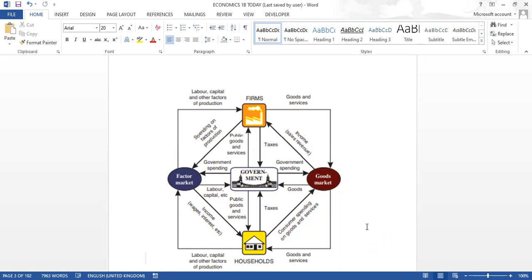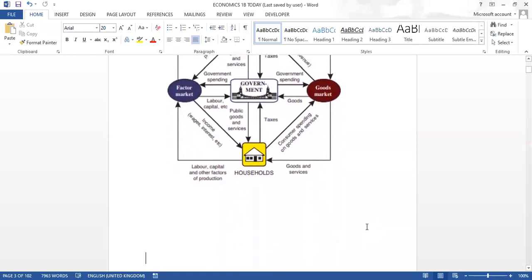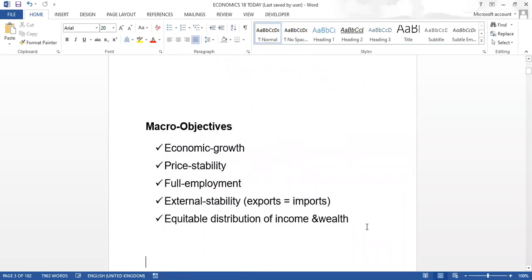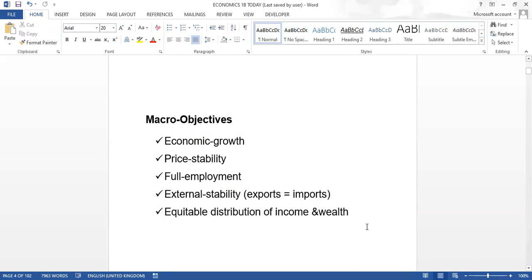The first section that we're going to be looking at today, we looked at it in the previous session, but we're going to delve much deeper, is measuring the performance of an economy. How do we measure if an economy is performing very well? How do we measure if an economy is underperforming? And what are the main highlights of the performance of an economy? Moving on from that, we look at what we refer to as macroeconomic objectives. These are the main objectives that any economy is expected to achieve if it is to be deemed